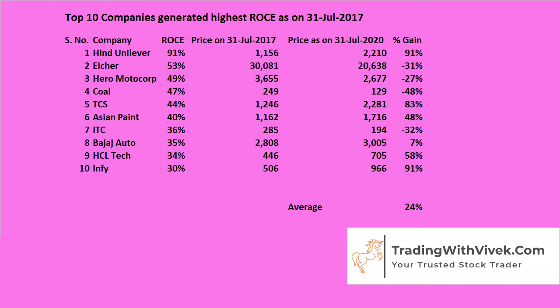But if we do the average, if we had invested 10 lakh rupees as the total capital, and had divided it equally among these 10 stocks, meaning 1 lakh rupees in each stock, our average return would have been 24%. See, this average return is not per year, this is the absolute return over the last 3 years, because the market has not gone anywhere.